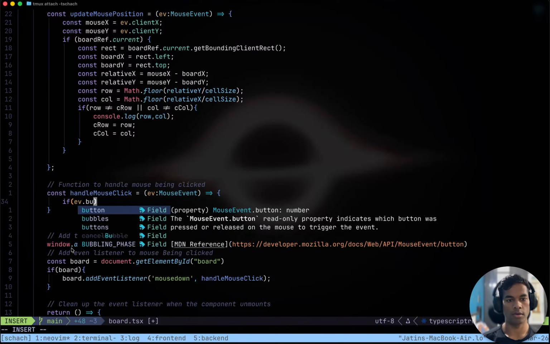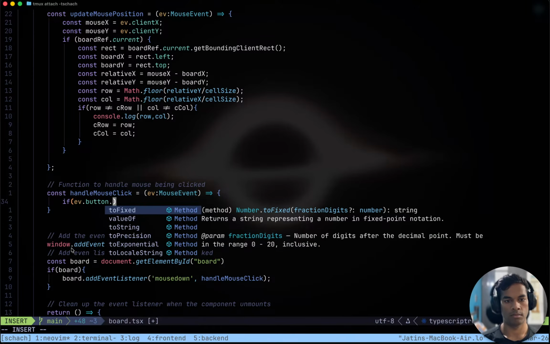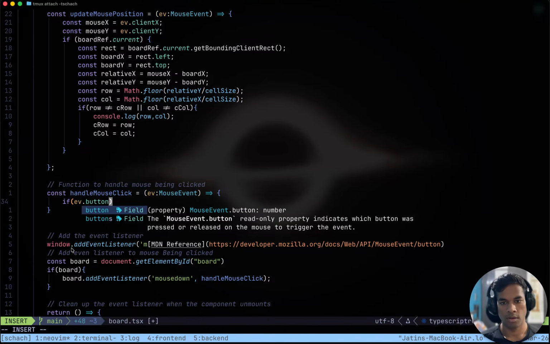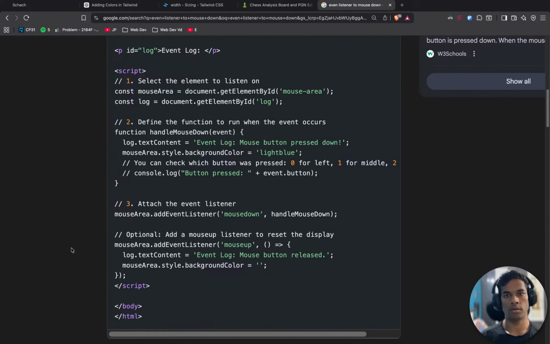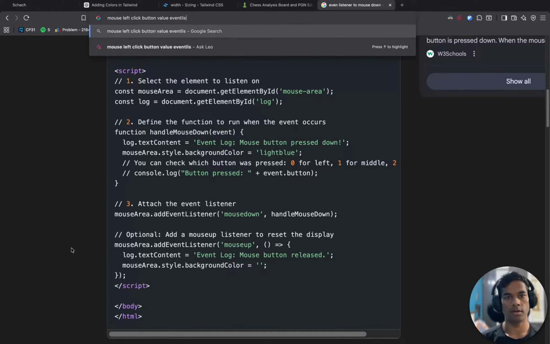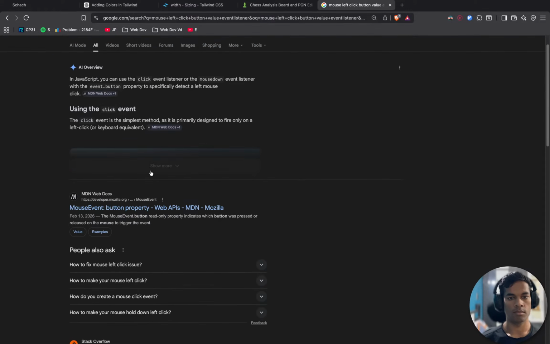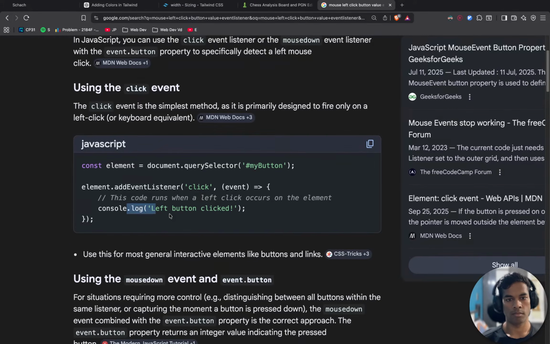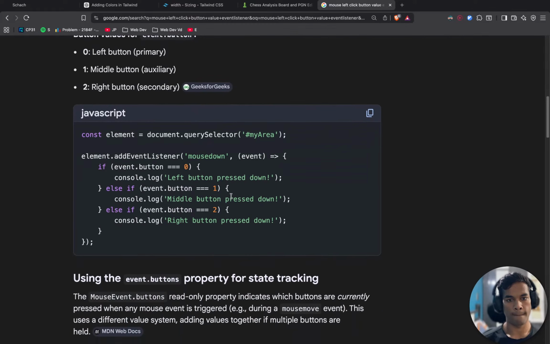If event dot button is a number, left click button value, event listener, left button was clicked. Mouse down, event is 0 left button, 1 middle button, 2 right button.